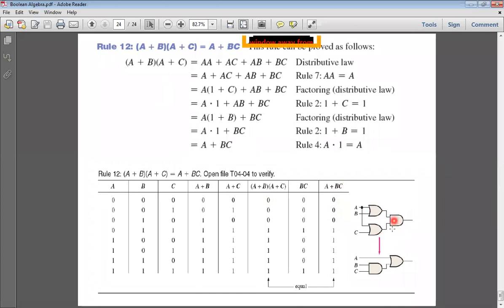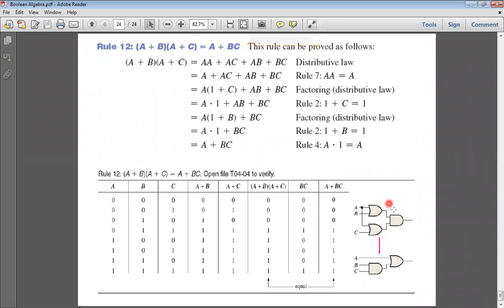And this is the circuit that realizes the left hand side. In the left hand side, we have A plus B into A plus C. A plus B, this is one OR gate which adds A and B. This is another OR gate which takes A as one input, C as another input. So here we get A plus B, here we get A plus C, which are ANDed. A plus B is ANDed with A plus C, that is A plus B into A plus C, which is LHS. In the right hand side, we have A plus BC. This is A. BC means, how do you get BC? We use AND gate. This is B, this is C, use AND gate. This is BC. This BC is ORed with A. This is A, this is BC. What we get is A plus BC.